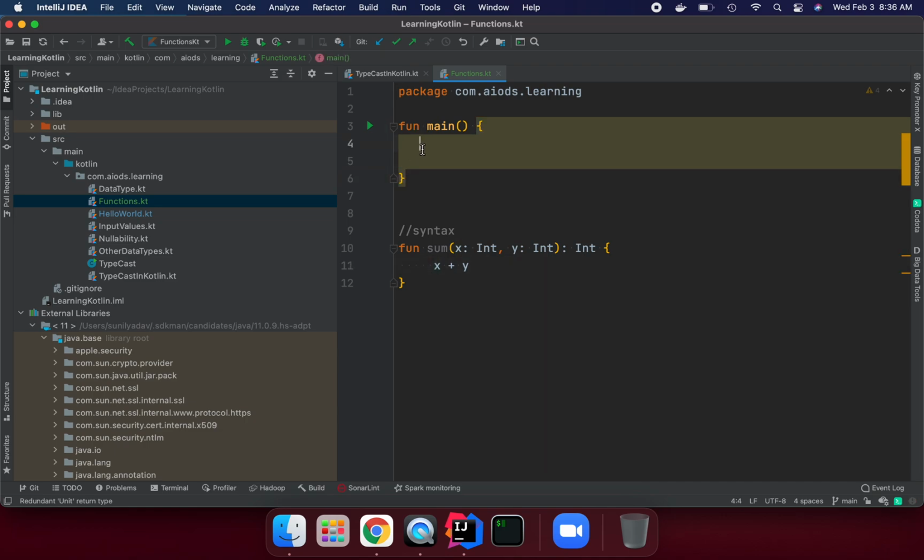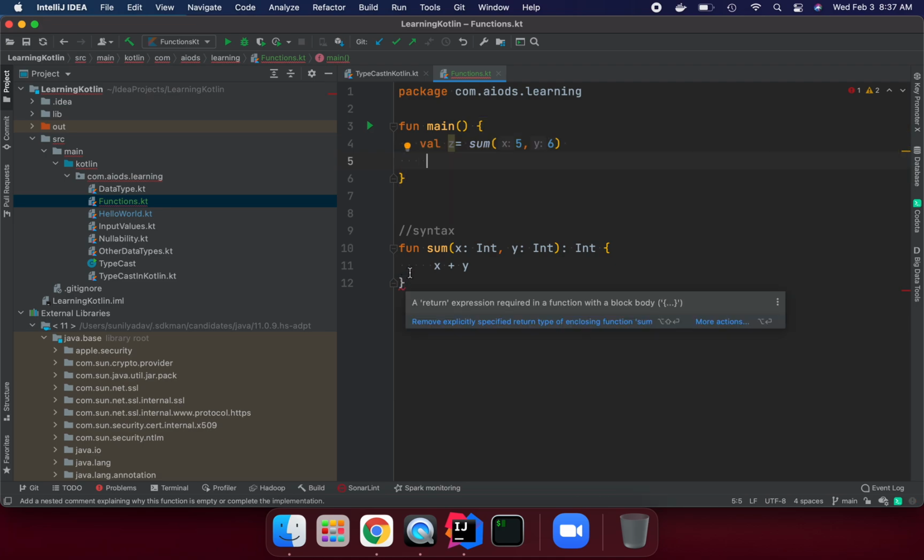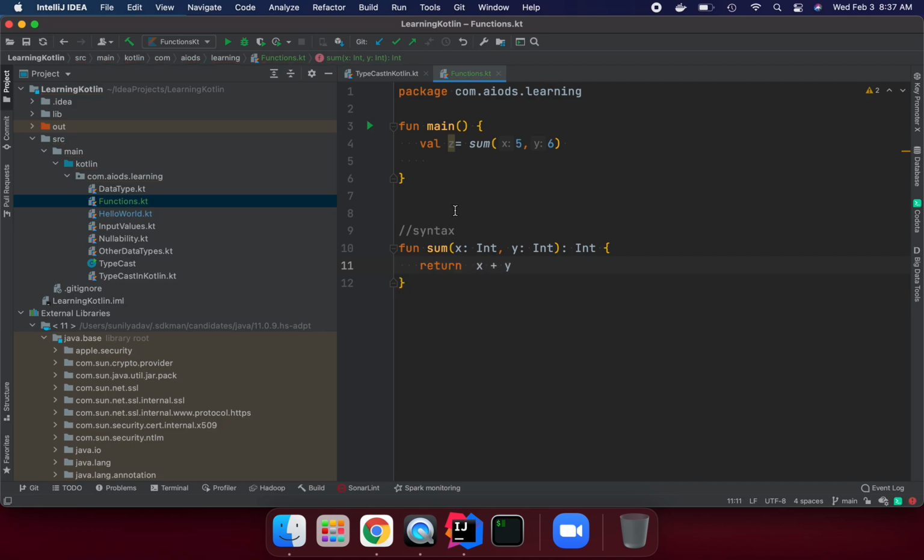Okay, so let me call this method: val jet is equal to sum, 4, 5, 6. Okay, now we can see I'm getting the error. Earlier it was not giving one, now it's saying the return type must be provided here, so we can say return. Okay. And let's print it.